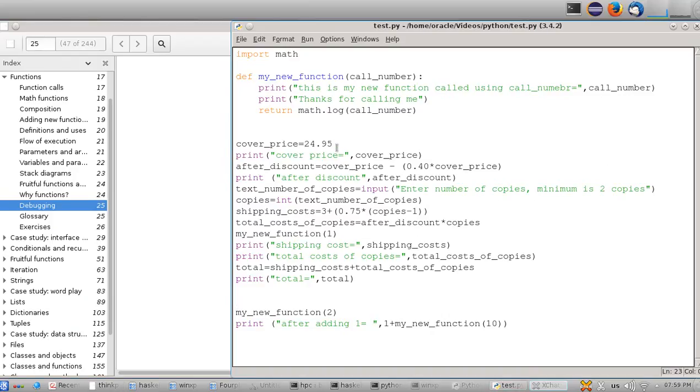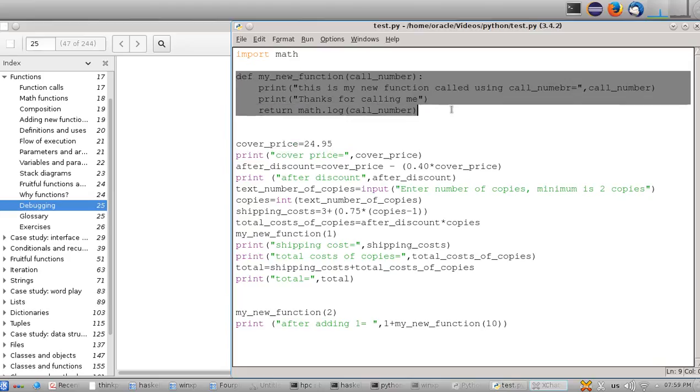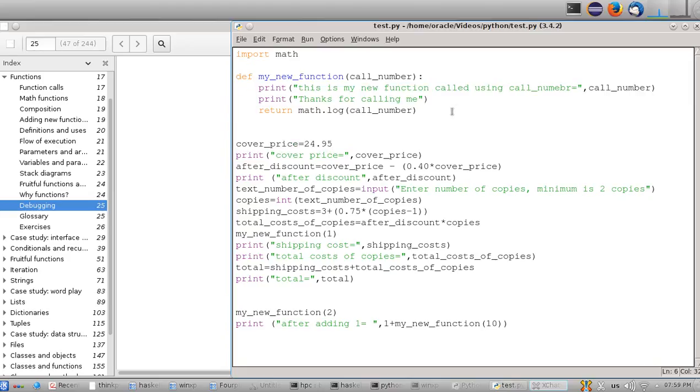Now, if you notice here that the cover price is talking about from outside the definition. So if I want to get the cover price from inside,